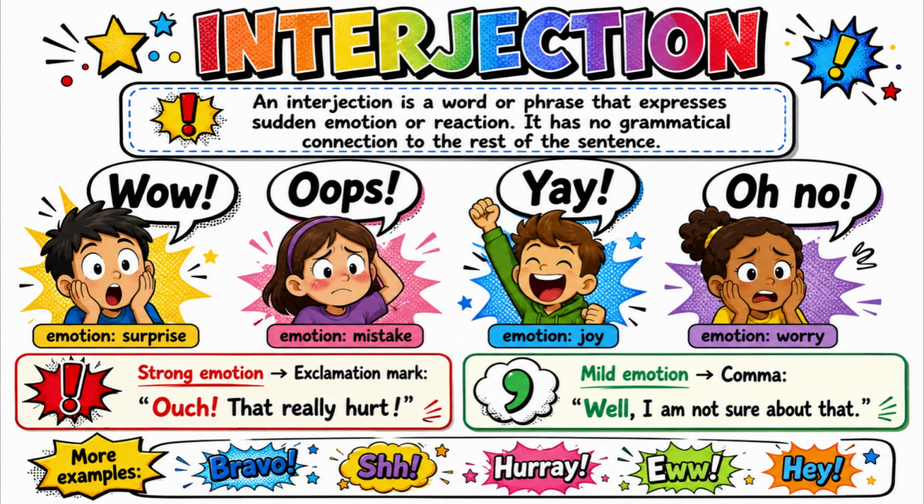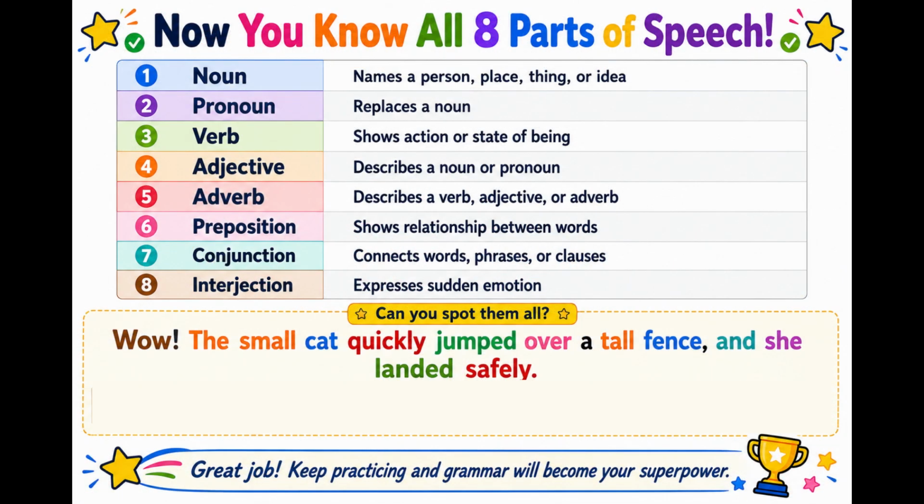Interjections are the wild card of grammar. They are short, punchy, full of feeling, and they make writing and speaking feel alive. Now you know all 8 parts of speech. Nouns name a person, place, thing, or idea. Pronouns replace a noun. Verbs show action or state of being. Adjectives describe a noun or pronoun. Adverbs describe a verb, adjective, or adverb. Prepositions show relationships between words. Conjunctions connect words, phrases, or clauses. Interjections express sudden emotion. Together, these 8 parts are the foundation of every sentence you will ever read, write, or